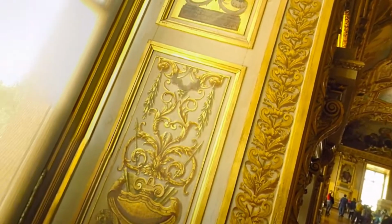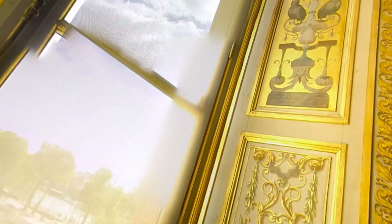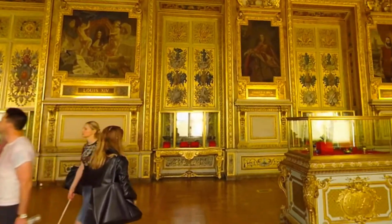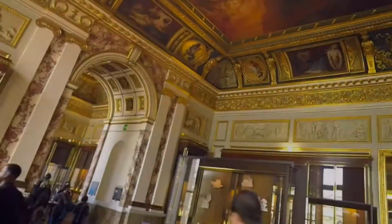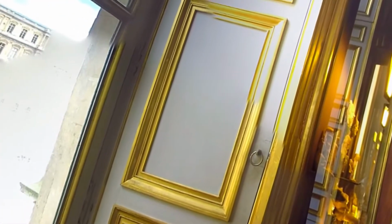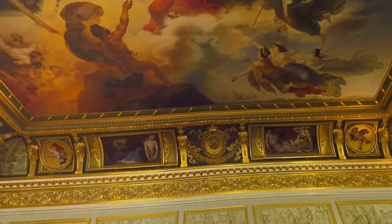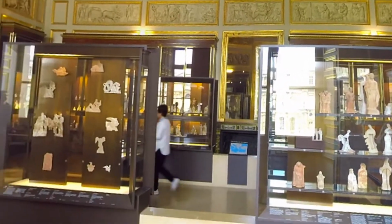The Louvre is the biggest museum in the world. Oh wow! Look at that. You would take over 100 days just to see every piece of art. But the coolest things besides the priceless artifacts are the murals that line the ceiling, painted by renowned artists. Yeah, looking at that architecture too. I mean, it's just